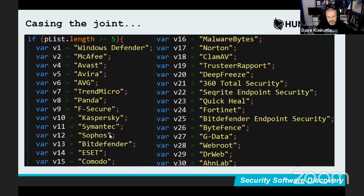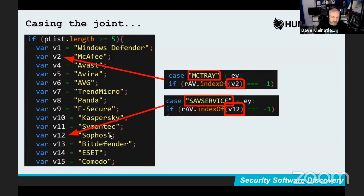So what they're doing is, obviously they're collecting intelligence about security products. They actually called the function CAV, for antivirus. And the rest of the function processes through this list and looks for antivirus names and matches them to friendly names based on their service names. So what we'll do here is take a brief look at two of these. I'm not picking on them specifically, but,